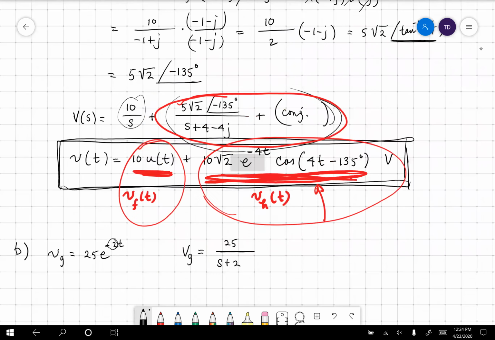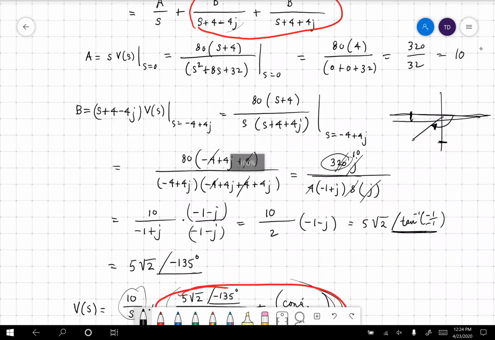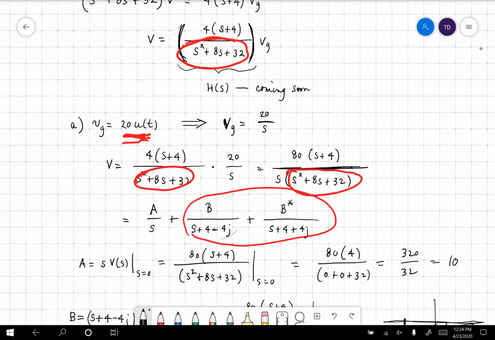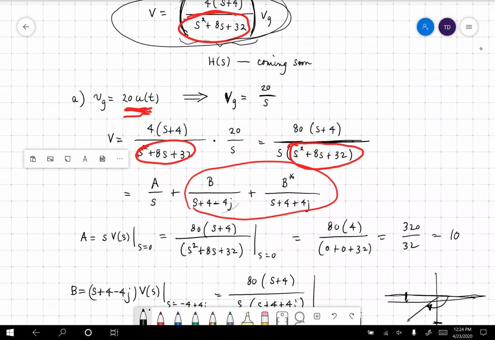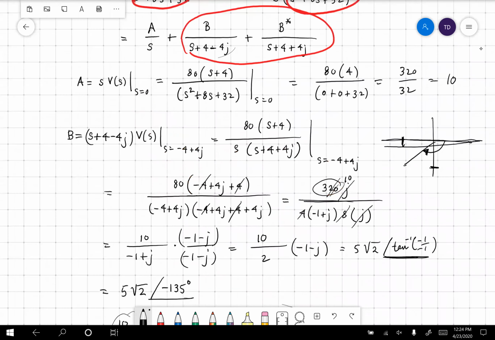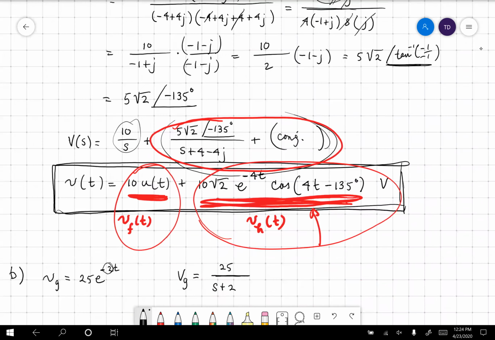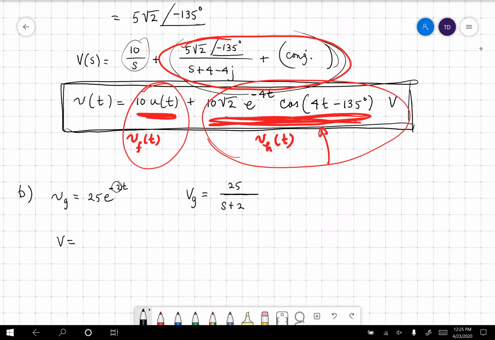We don't have to reinvent the wheel because we still have this up here as I continue to scroll. We have V is equal to this right there. So it's still the 4 times S plus 4 divided by S squared plus 8S plus 32 times VG. Okay, let's see if we can get all of that. So V equals 4 S plus 4 over S squared plus 8S plus 32, multiplied by 25